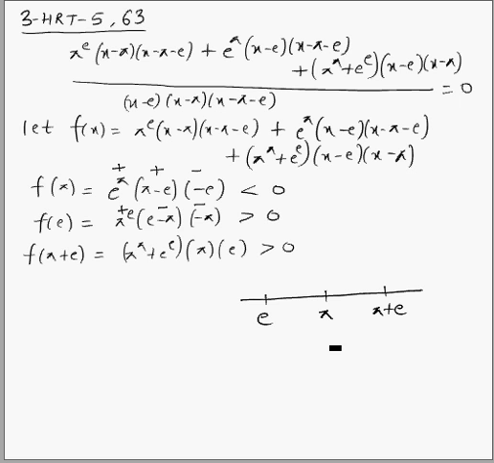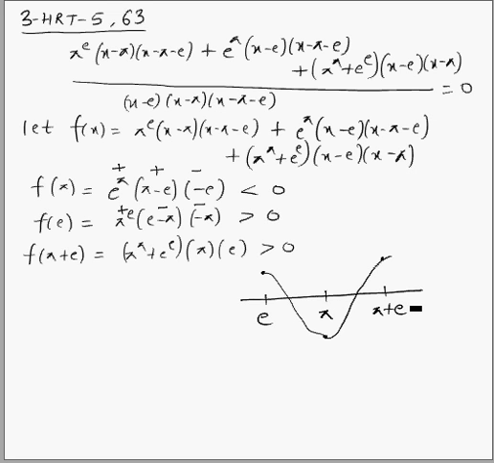So the graph point will be below the x-axis. At x equal to e, the sign is positive because f(e) is positive. f(pi) is negative, so it is negative here. We have here f(pi plus e) is positive again. So the graph will cross this horizontal line one time between e and pi, and again between pi and pi plus e. And this expression is a quadratic expression, so this will have two roots. So one root lies between e and pi, another root lies between pi and pi plus e.